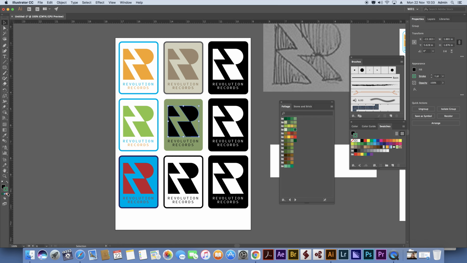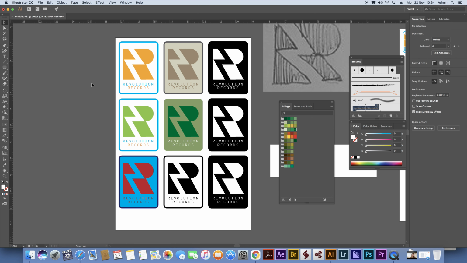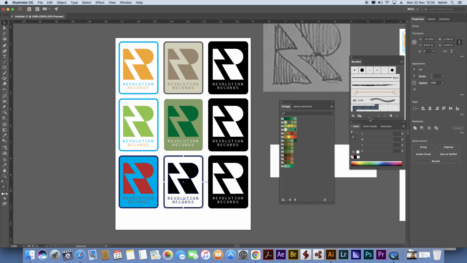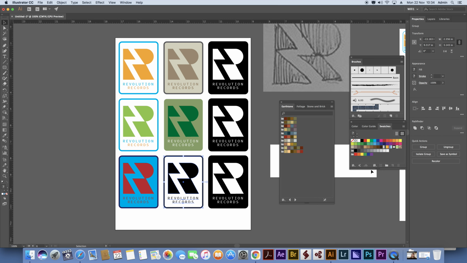So I've got my, let's go with dark green. And revolution and records, let's put that in white. See what that looks like. Okay, try one more. Back to my original swatches palette because I have to load in the palettes from there. I'm going to go with, let's go earth tone, see what that brings up. Here we go. So this one, on group,